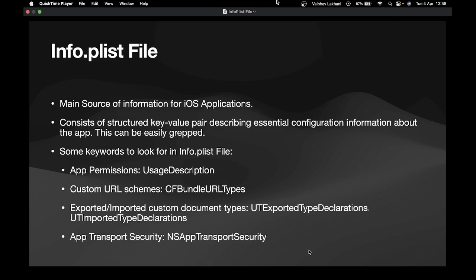So what exactly is this info.plist file? The info.plist file is the main source of information for iOS applications. Okay, it consists of key value pair structured essential configuration information about the application. You can grep it easily since it is made of key value pairs. The key is called the key, and the value we define inside the key by using a syntax called string. I will be showing you the same in a couple of minutes. But just remember that this is a key value pair structure and it describes some of the essential configuration